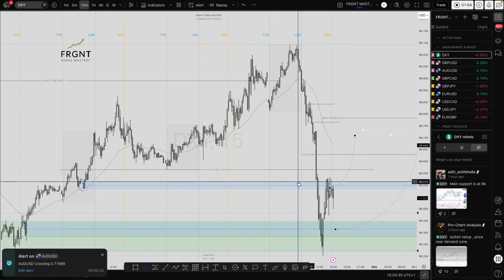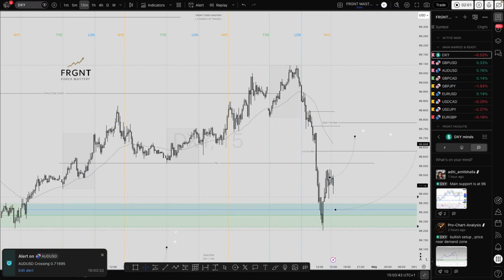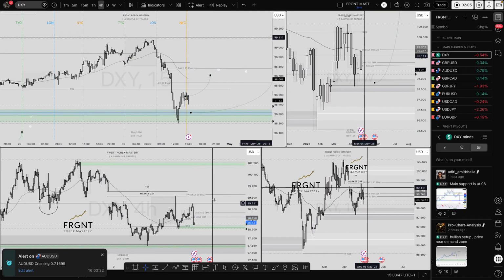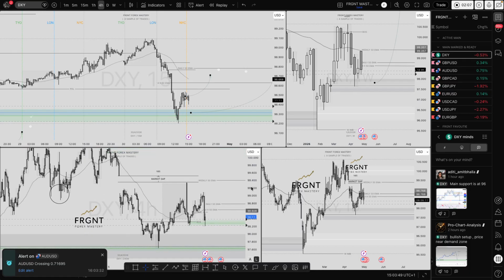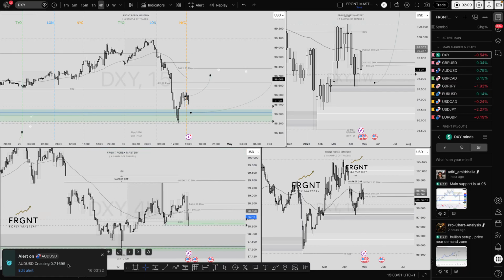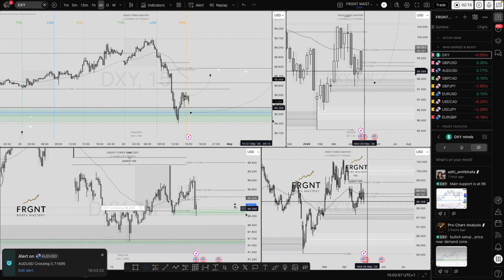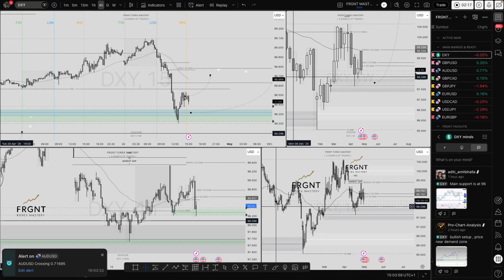Nevertheless, we didn't get the reaction that we wanted from that 15-minute order block, but we weren't really expecting it, based on my higher time frame analysis. On the 4-hour time frame, bottom left hand chart, is the 4-hour order block, and in my opinion, the 4-hour order block in that region made good sense to look for a potential area of reaction on that DXY.